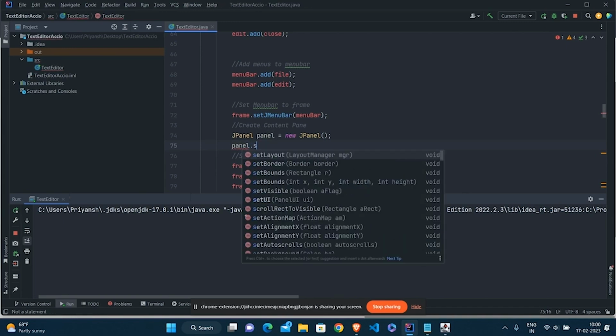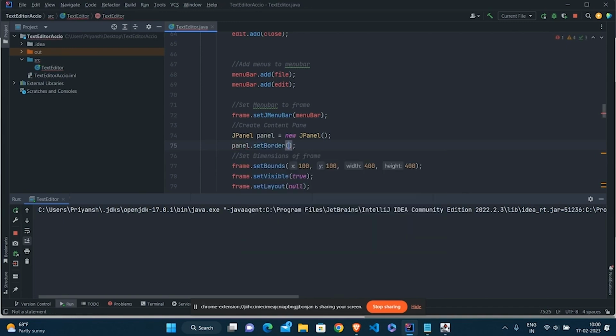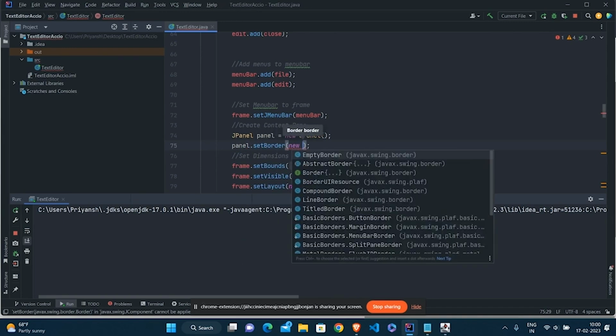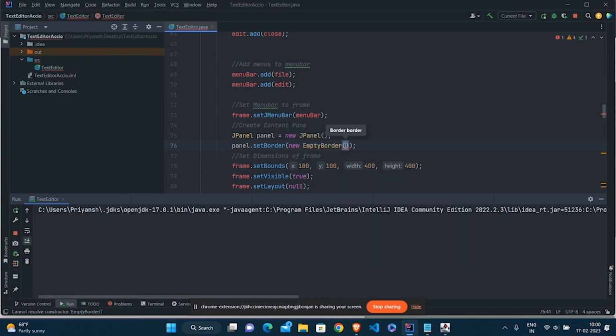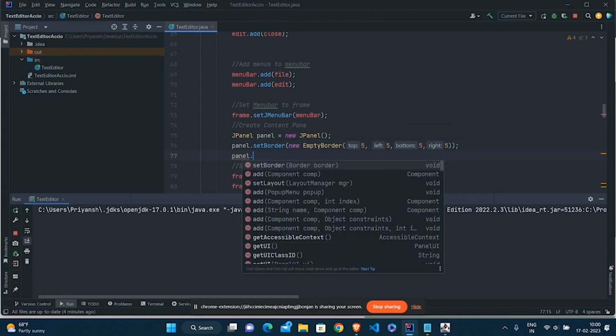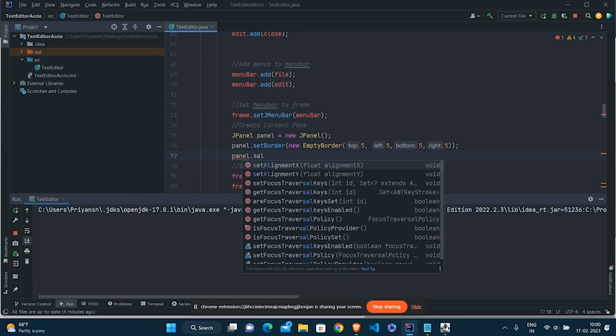So let's add some borders. Set border, new empty border. Let's add some dimensions: 5 pixels on the top, 5 pixels on the left, 5 pixels on the bottom, 5 pixels on the right. So top, left, bottom, right. For that we can have panel dot set layout.